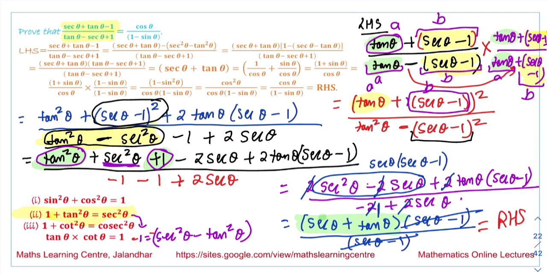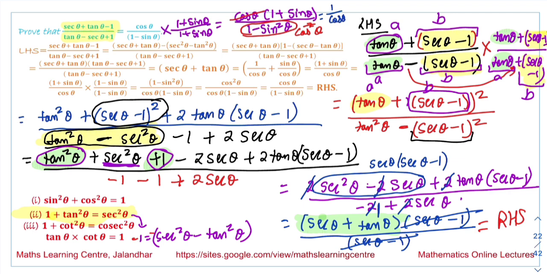Why? Because if we multiply this term with 1 plus sine theta and divide it with 1 plus sine theta, the answer we will get is cos theta into 1 plus sine theta over 1 minus sine square theta. What is 1 minus sine square theta? It is cos square theta. This cos theta and cos theta get cancelled, and the answer we will get is 1 over cos theta